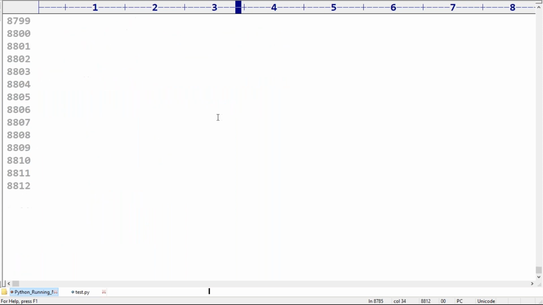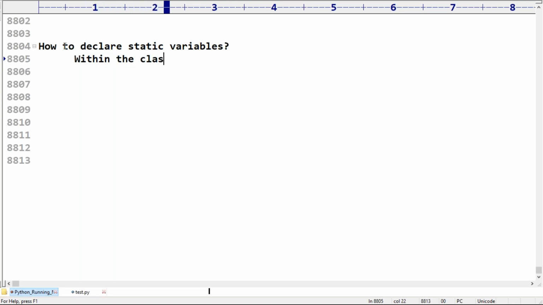Now take a bit of special care. How to declare static variables? Within the class, directly. Inside a class method, either by using CLS or the class name.